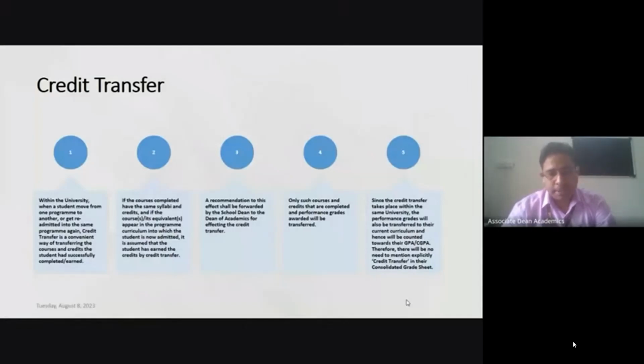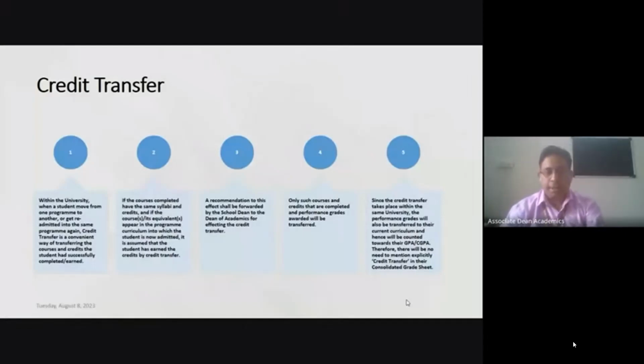It may happen that you have studied courses according to your previous program in your first year, but some course, like a physics course or a chemistry course, is part of your migrated program but not part of your previous program. Then you have to study that course again in a subsequent semester, to complete the credit requirement for your migrated program. And whatever courses you additionally studied during your previous program which are not part of the migrated program, those credits will automatically be converted into the open elective category.